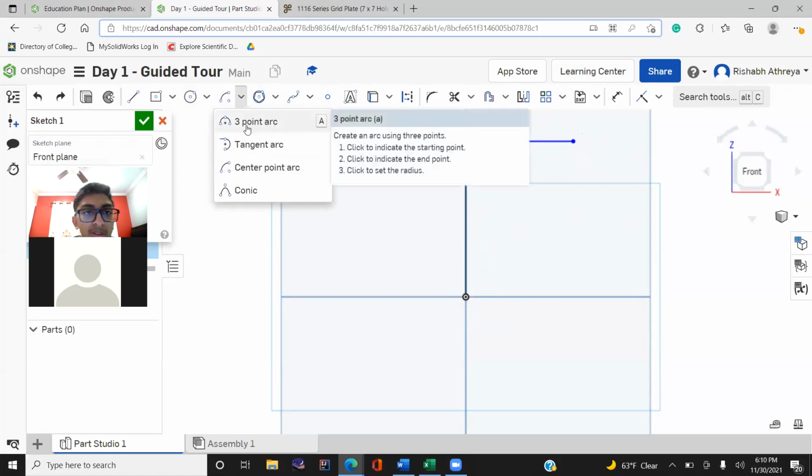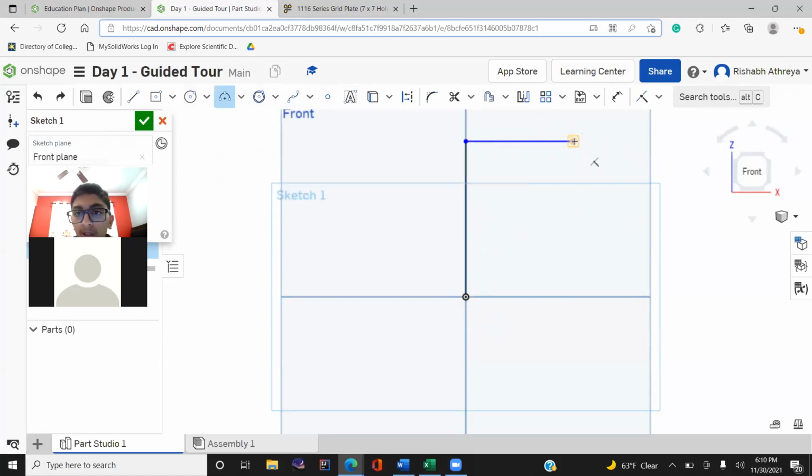So you could just choose a 3-point arc and maybe do this. The better way to do it would be using a spline because this part will not always be circular. So you can just use a spline